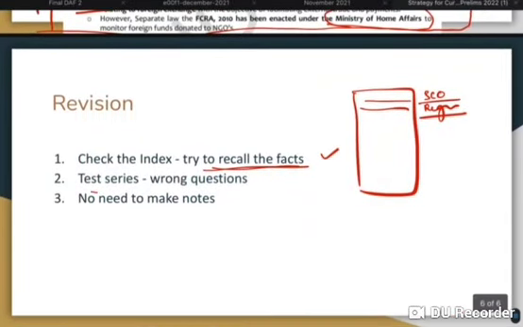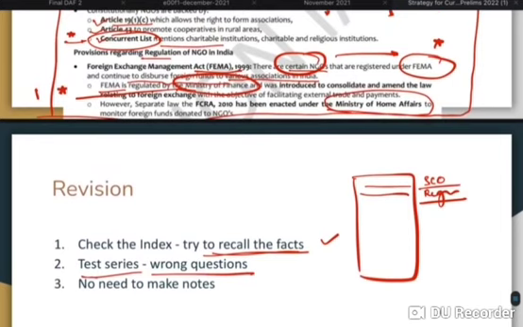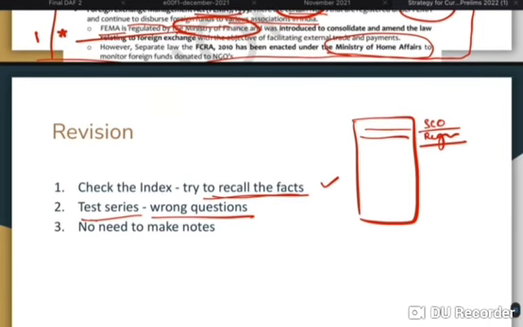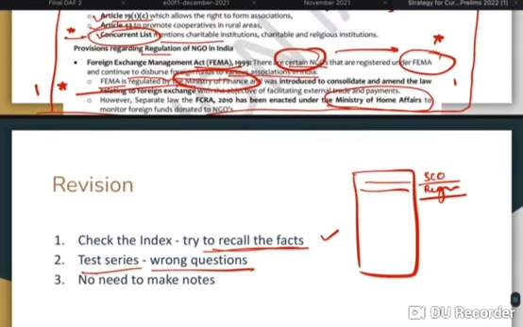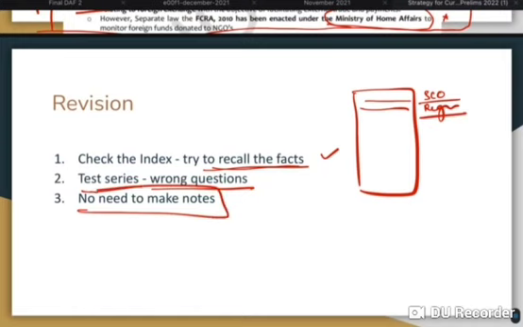Then another part of revision is through test series. Say there is a question in a test series about regulation of NGOs, and in many cases you might do it wrong because that is our natural tendency. We cannot just read and recall stuff in one go. We'll do that wrong. Then we come back to this, we check our answer, and then we'll be able to effectively remember those questions. And again, the last thing is, no need to make notes of current affairs, especially for prelims, because they are very diverse, and note making will take up a lot of your time and it will not be efficient.